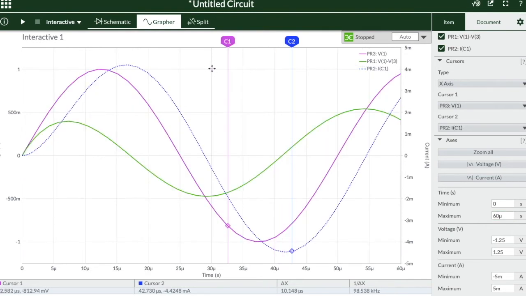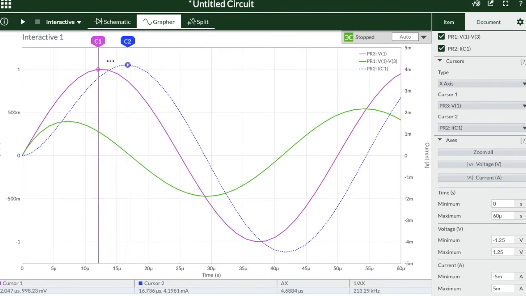We'll bring the cursors again corresponding to the peak values of Vs and current. The difference in time corresponding to the peak value of Vs and I is 4.6884 microseconds, which is equal to 33 degrees and 45 minutes, where we can still see that Vs is leading